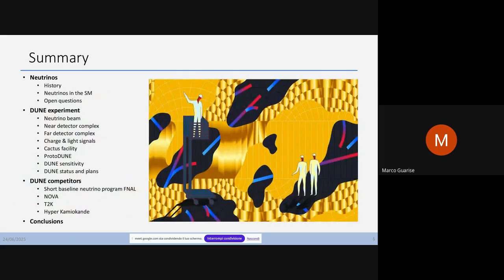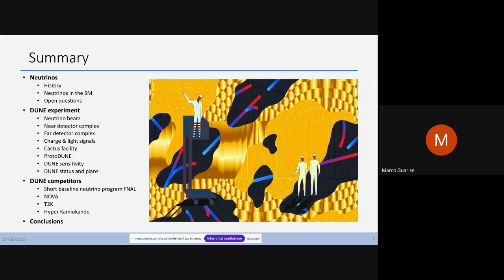So this is a summary of what we will see today in this presentation. I will start with a brief introduction related to neutrinos, their history, in very few slides, and basically the open questions that we can try to solve with neutrino physics. And then I will concentrate on the Dune experiment, of course,